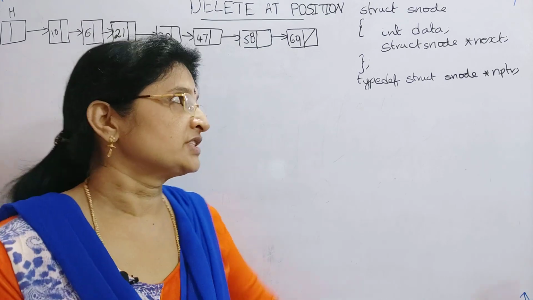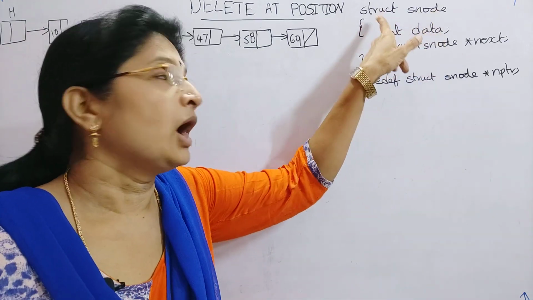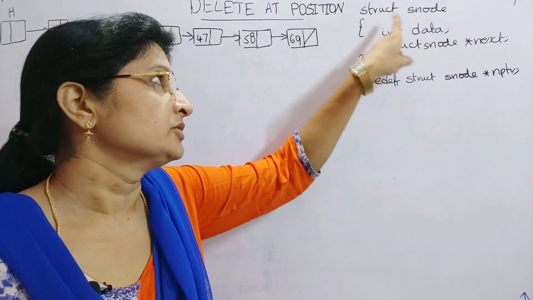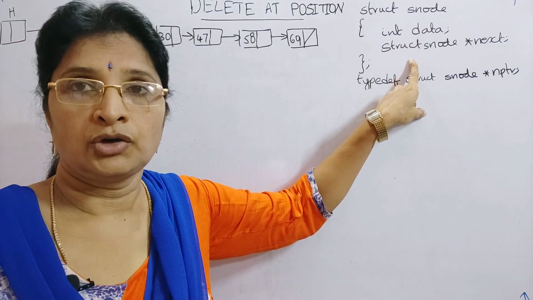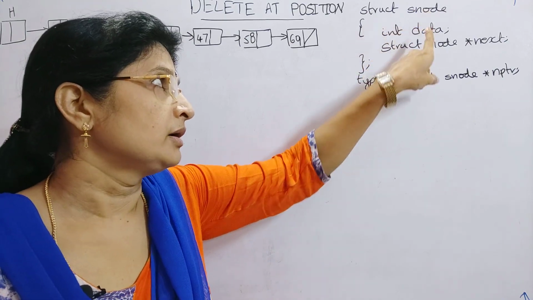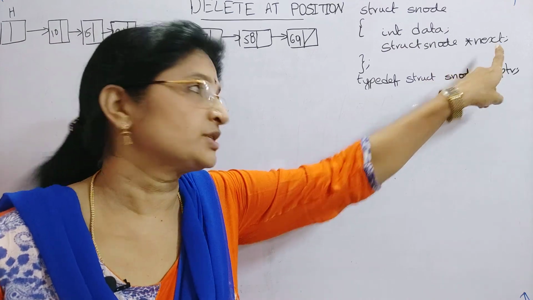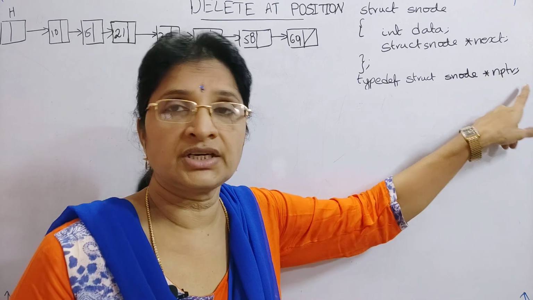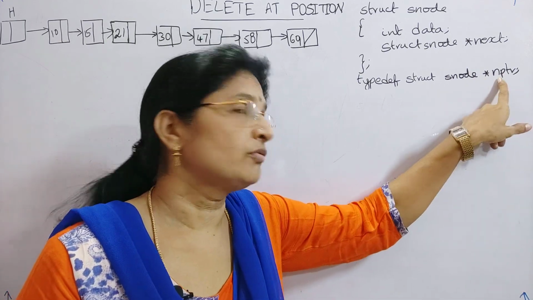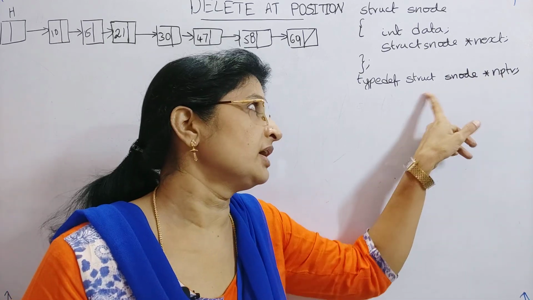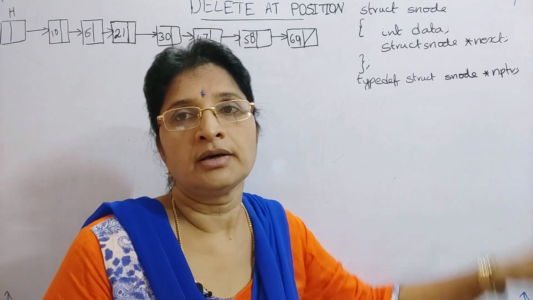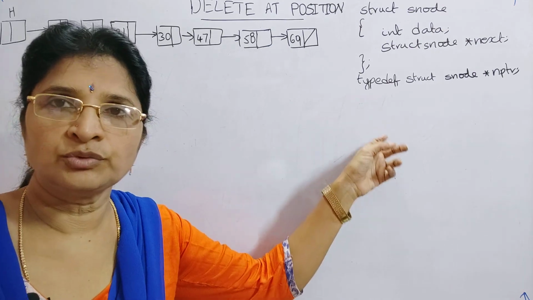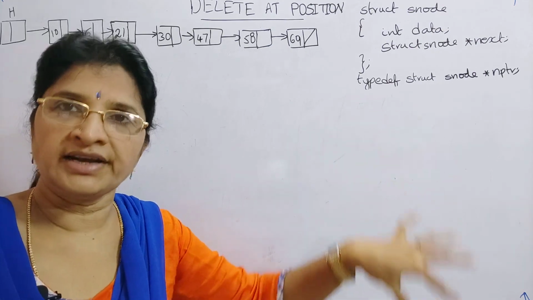this task, first of all, here I have given how the node of the singly linked list is being defined. So, this is the structure of the node. It contains a data part and the next part, and we have also given a new name for struct node asterisk, that is NPTR. NPTR is the new name for a pointer to the struct node, that is your user defined data type. And also assume that the list has been already created.